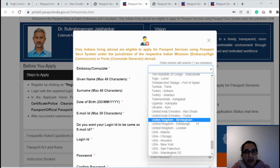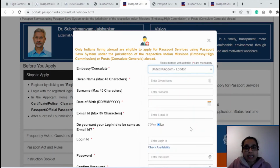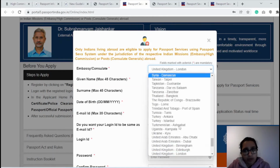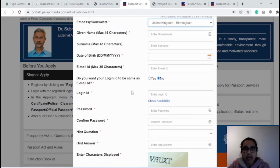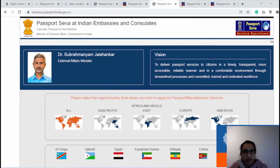Under these three, whatever location you are choosing, it should be the same in the appointment as well as in this application. In my case, for Manchester, I took Birmingham earlier, and I'm taking Birmingham now. Make sure there is no change in that, because if you take London and create an application, your entire application would be based on London, and they don't accept these applications here. So make sure you choose the right option. For me, Manchester, again I chose United Kingdom Birmingham, registered as a new user, and then completed my application. Once you log in,